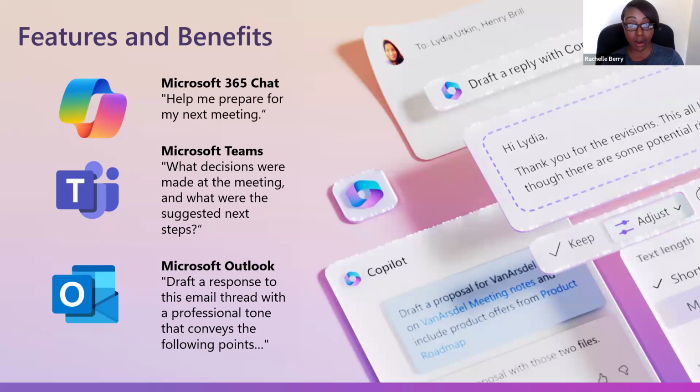All right, and I have been using Copilot in Teams every day, to be honest. When I'm in a meeting, Copilot pops up on my screen and mentions that I have 10 minutes remaining in the call, and it actually proactively asks me if I would like it to give me a recap of what was discussed. So with the meeting notes that it provides me with, I am able to copy and paste that information, and I can now put it in an email to send to that customer to give them a recap of what we have discussed. So that would have saved me a lot of time in having to take notes and having to draft an